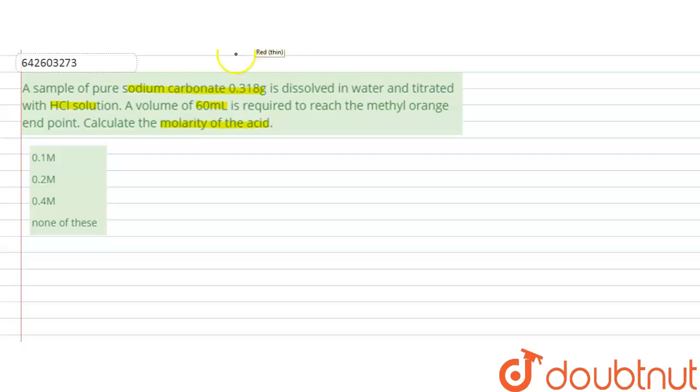So in this question it is given that sodium carbonate is dissolved in water and is titrated with HCl solution in presence of methyl orange indicator, and it is said that 60 ml of the HCl solution is required. We have to calculate the molarity of the HCl solution. So first of all, in presence of methyl orange indicator,